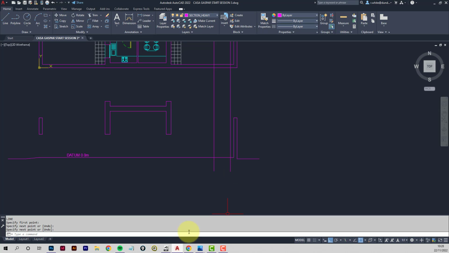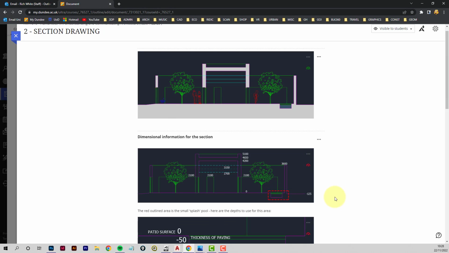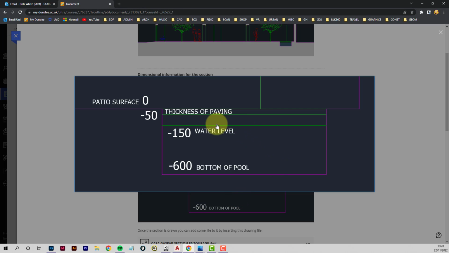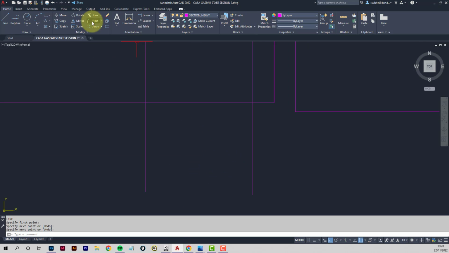Okay, the pool has a bit more detail to it. Let's just have a look at that on My Dundee. So you can see here we've got a blow up of the pool area. Okay, so the bottom of the pool is 600 below the courtyard floor. Okay, but then we've got 50 thick to indicate the paving, and then another 100 takes us to the water level. So we're getting a bit closer. So first major offset was 600. So take this line down,